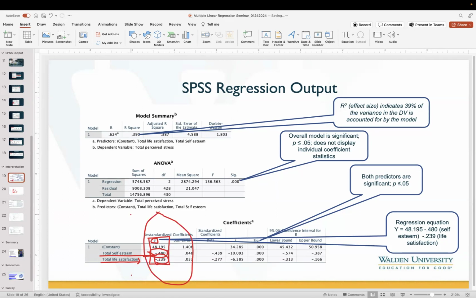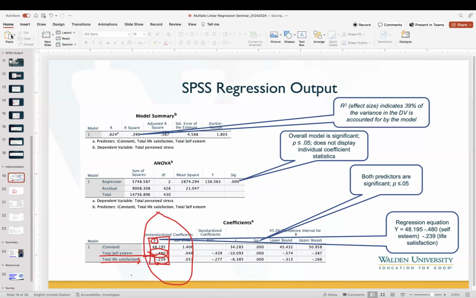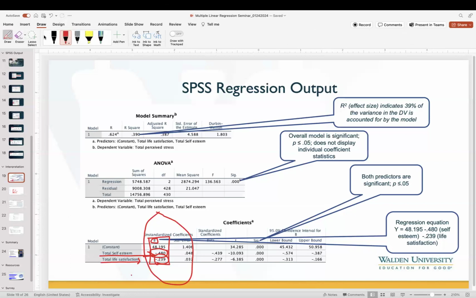Okay? Now, let's even predict some values. And how will we do that? Let's take a look over here. Regression equation. What does this mean here? You see this constant? That's a slope, but you don't worry about that. That's not one of your predictors. That's kind of like the starting point. So we're trying to predict